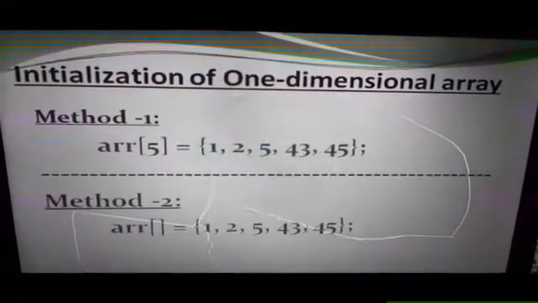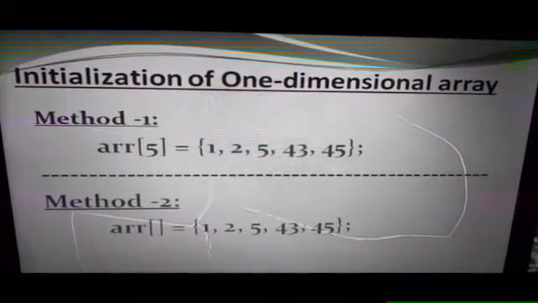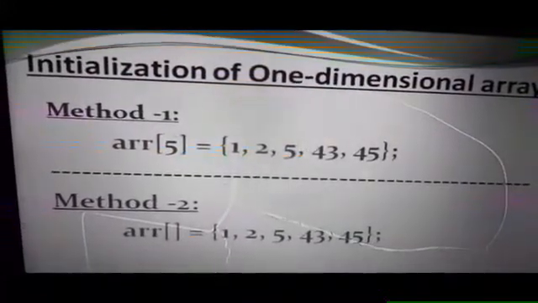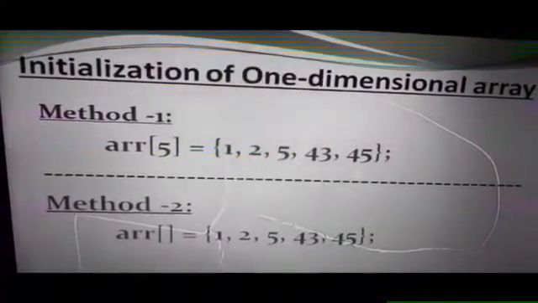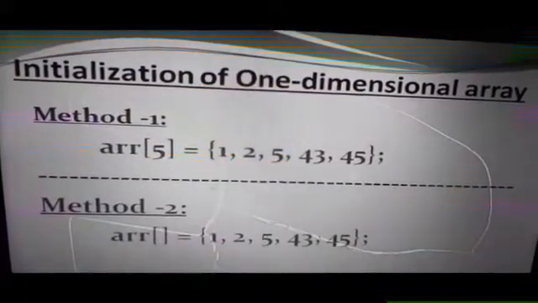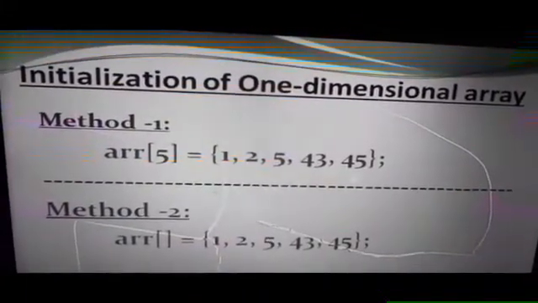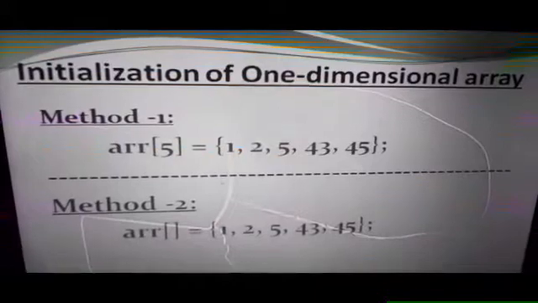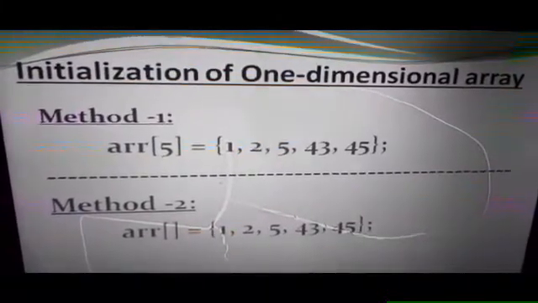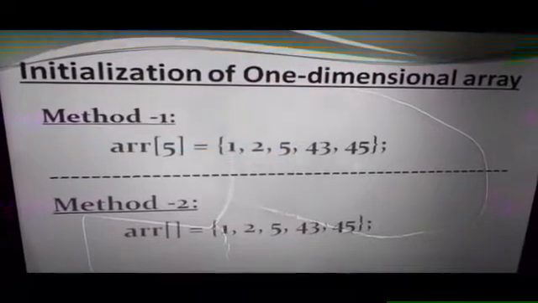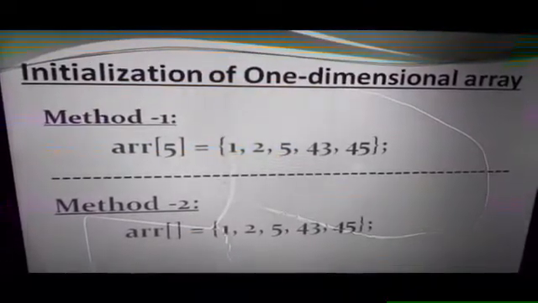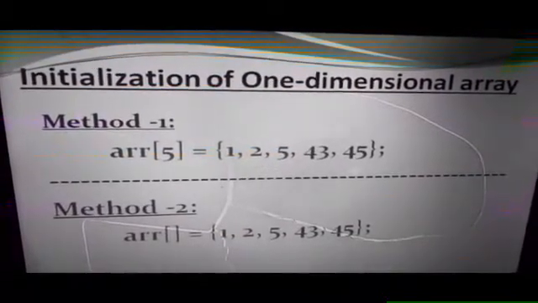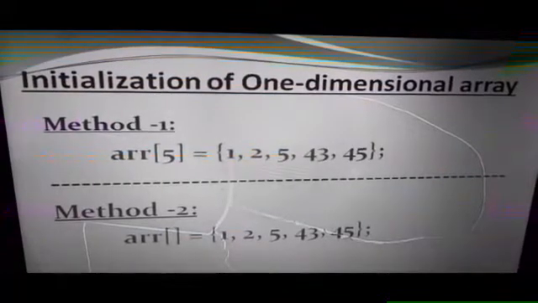a one-dimensional array. And here is method number 1. This is the way you can initialize a one-dimensional array. Here there is no need to specify the data type if this array is already declared somewhere else. If this array is not declared before, then you have to specify the data type. Also, the length specified over here is 5. Therefore, it can accept a maximum of 5 elements. And here are those 5 elements. These elements are comma separated, and you have to enter these elements inside these curly braces.